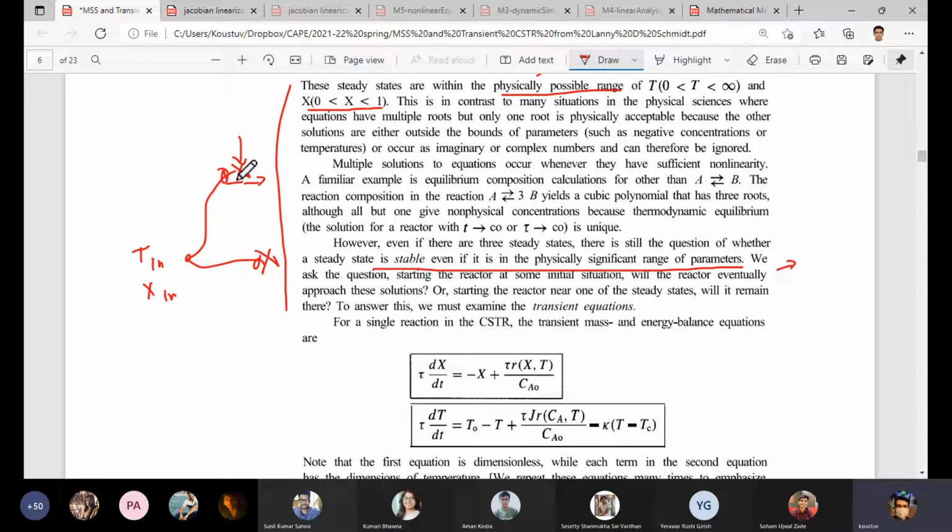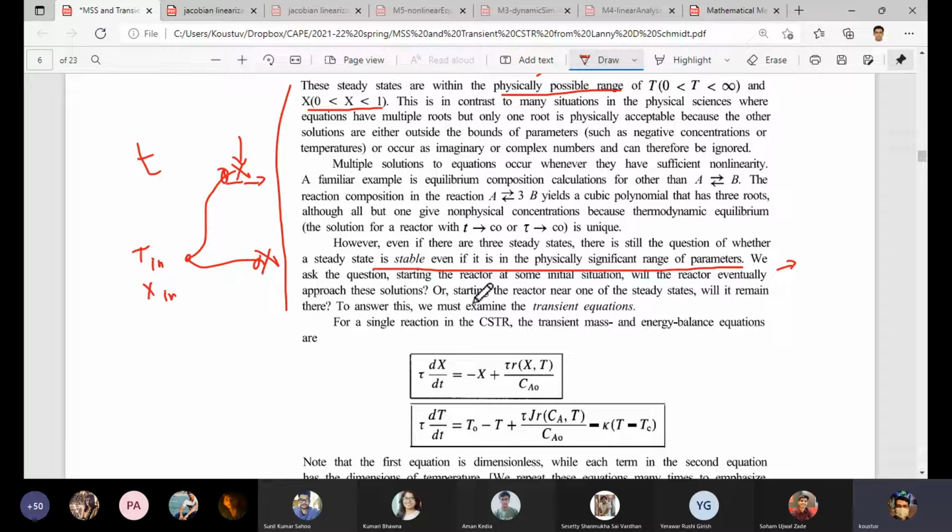So what we are characterizing is that there could be two cases. One is that given some initial conditions, whether ultimately the temperature and conversion reach that steady state. That means you go on integrating, and at t equals infinity, or at long enough time, you want to see whether it has reached that steady state or not. That is one case. Or it could be that you start the reactor exactly at the steady state point, or very nearby, and whether it reaches that steady state point, or whether it shifts further away from it. So these are the queries that we have.